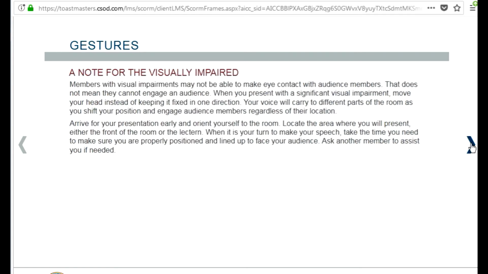A note for the visually impaired. Members with visual impairments may not be able to make eye contact with audience members. That does not mean they cannot engage an audience. When you present with a significant visual impairment, move your head instead of keeping it fixed in one direction. Your voice will carry to different parts of the room as you shift your position and engage audience members regardless